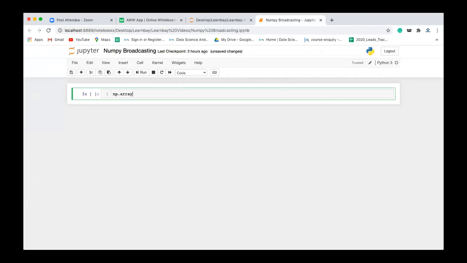Let's say if you will do this: np.array, we have one row, so 1 comma 2 comma 3. And into np.array, we are having 4 comma 5.